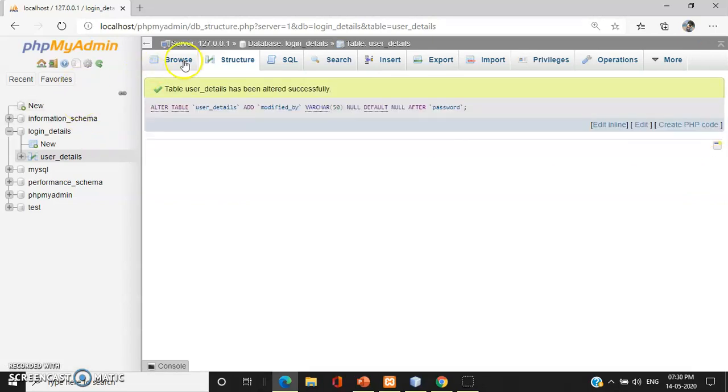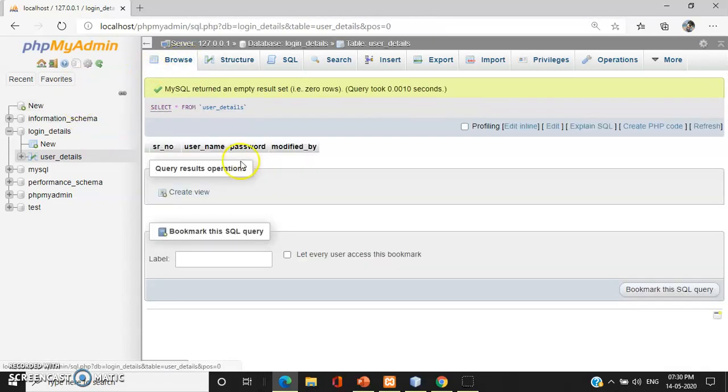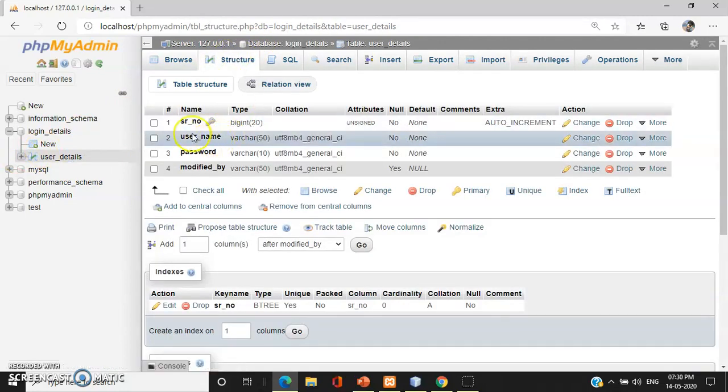Okay, so now my table structure has been changed, and you can see it from here. Under user details, you can click here and see the structure of this table, and now you can observe that there is one more column. Similarly, you can remove this column using these actions here. You can change the name of the column, and all those things you can do here.